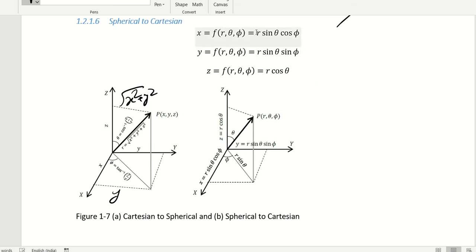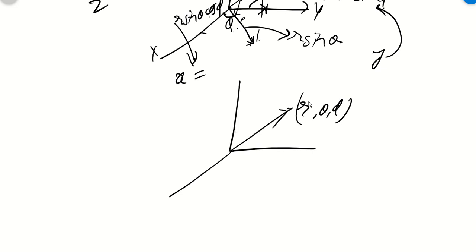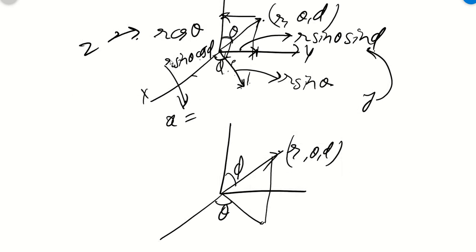So you don't have to remember what is r sin theta cos phi, because I will tell you the problem is some book mention this point r, theta and phi, and by mistake or something they mention like this is phi and this angle is theta. So the problem is you will again write r sin theta cos phi. So this will be wrong, because my z will be now r cos phi, because phi is the angle. So you have to understand it.